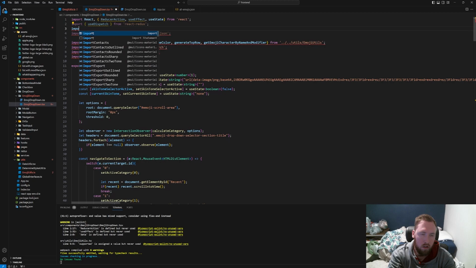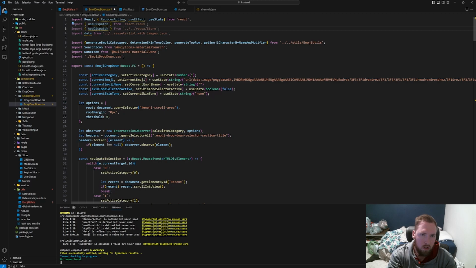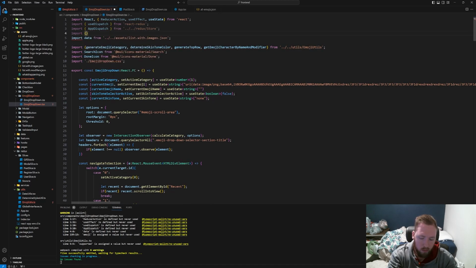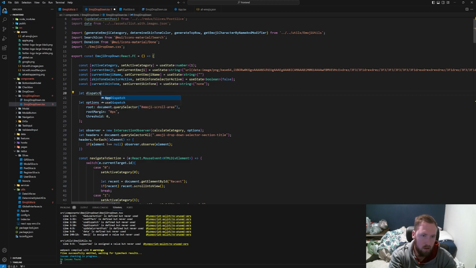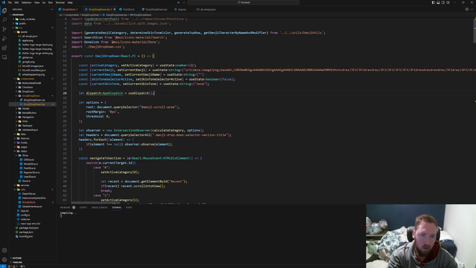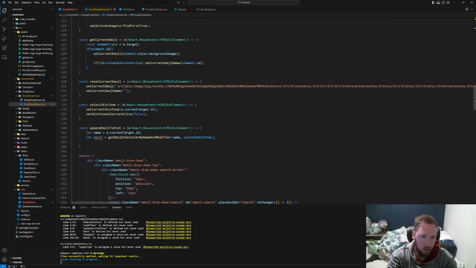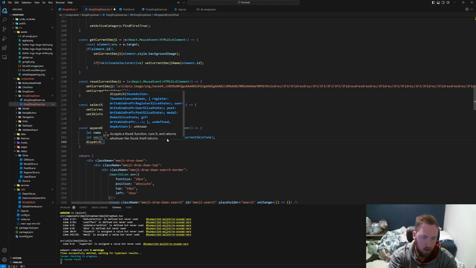Let's go ahead and bring in app dispatch. I don't care, it gets imported. Import update current post from our redux slash slices slash post slice. Let's go ahead and say, I think I normally do it here, let dispatch be an app dispatch equal to use dispatch. And then let's come back down here at our append, and we will dispatch,